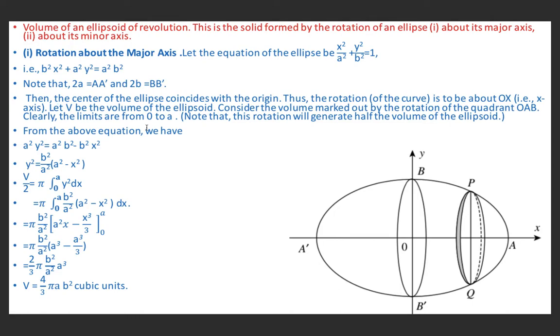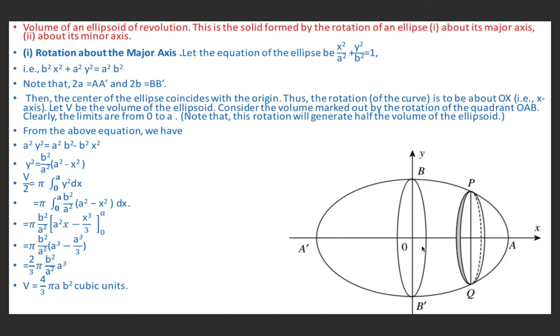Now the center of the ellipse coincides with the origin. This is the x-axis, this is the y-axis, and this is the origin. So the center of the ellipse coincides with the origin. Thus the rotation of this curve is to be about OX, the x-axis. Let V be the volume of this ellipsoid. So consider the volume marked out by the rotation of the quadrant